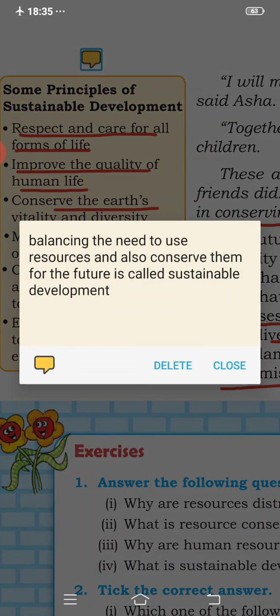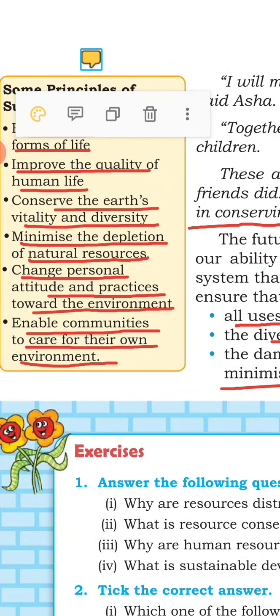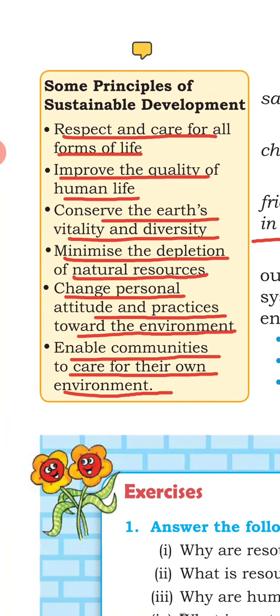Now here are some principles of sustainable development. Respect and care for all forms of life, improve the quality of human life, conserve the Earth's vitality and diversity, minimize the depletion of natural resources, change personal attitude and practices towards the environment, enable communities to care for their